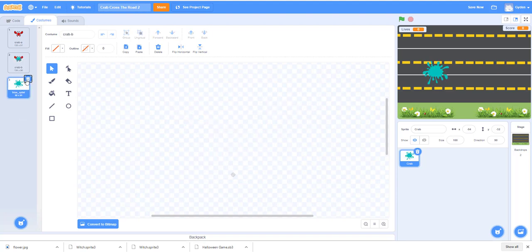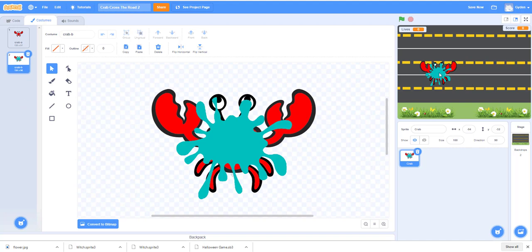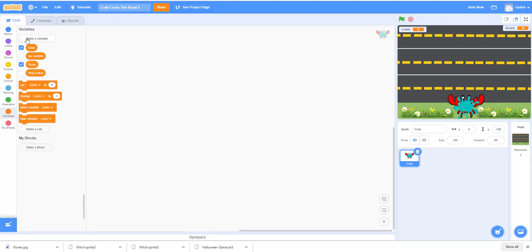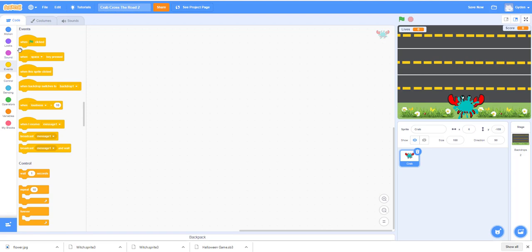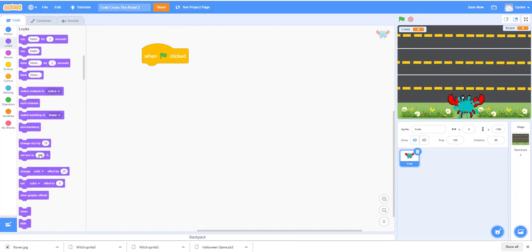So we can trash this now. So we have only one thing. What we're going to do is make this crab a little bit smaller. Actually, this is a little too big. So now let's go back to the code. What we can do is first drag this in. So this is when green flag is clicked, we can go to look, set the size to 40, and we have